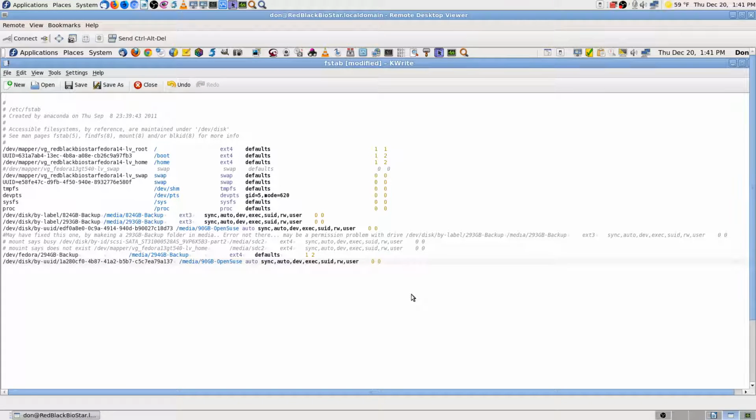Yeah, the zeros would be the default, but I want it to check it, but not every time it boots. Now, I want it to be in media. I think I have to make a folder. Yeah, this is how I make it show up as